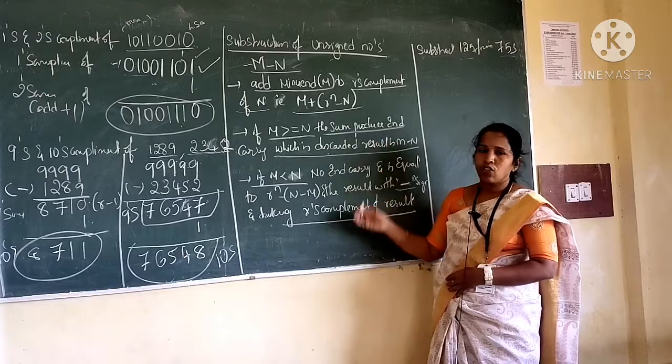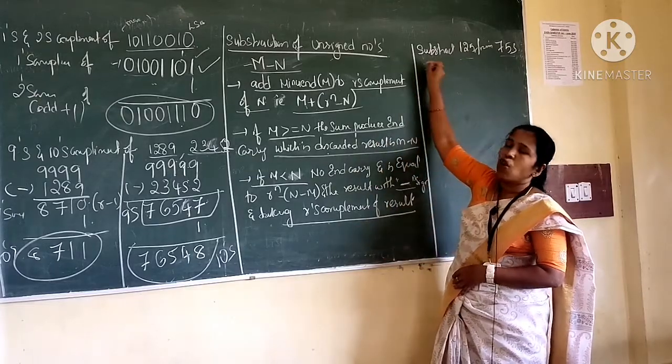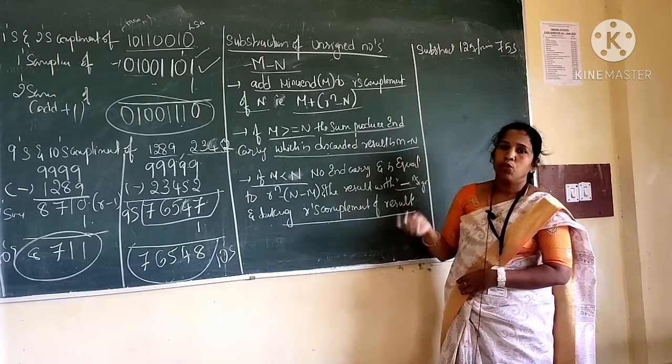So now, based on these 3 points, I am going to solve the problem, subtraction of 2 values, that is